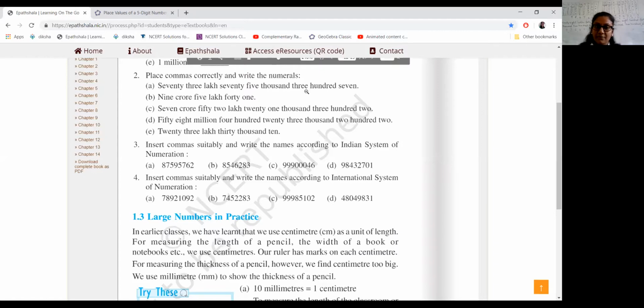So read this number and see if you are able to coordinate with the place value chart that I have given. So this you can try on your own. Maybe if there is any difficulty, we will try and do it in the next class. So I am recording this, so I will be sending the recording, so you can take down the video and sit with it to complete your classwork. So I will stop the screen share here.